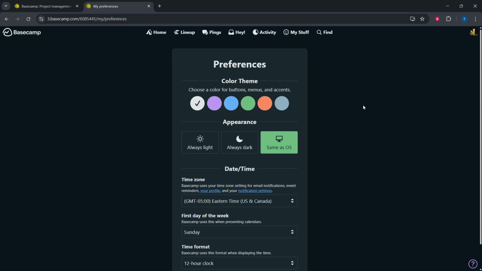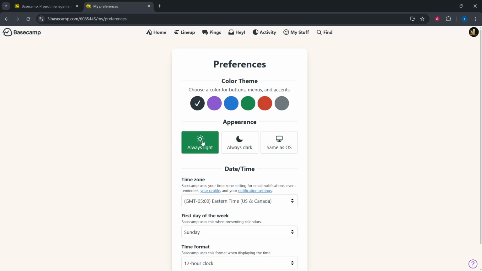Once you're in the Preferences section, look for the Appearances or Themes section. This is where the magic happens. You'll notice three main options for your display theme. The first option is Always Light, which will keep your interface bright and well lit, regardless of the time of day. If you're someone who prefers to work with a bright screen all the time, this option will likely suit you best. However, if you're inclined towards a more subdued visual experience, which can be easier on the eyes, you